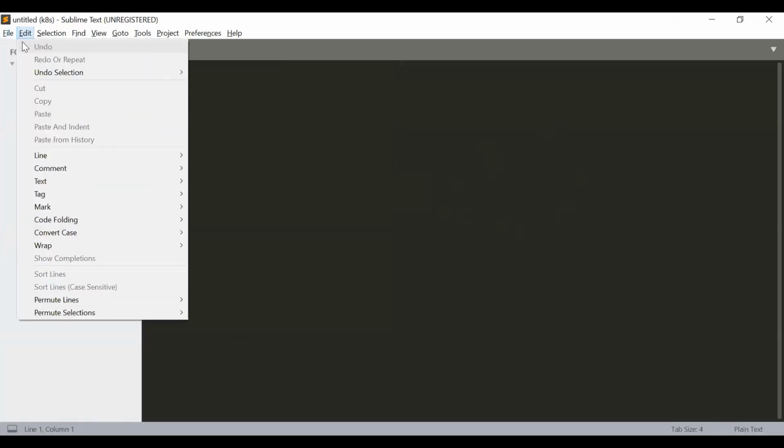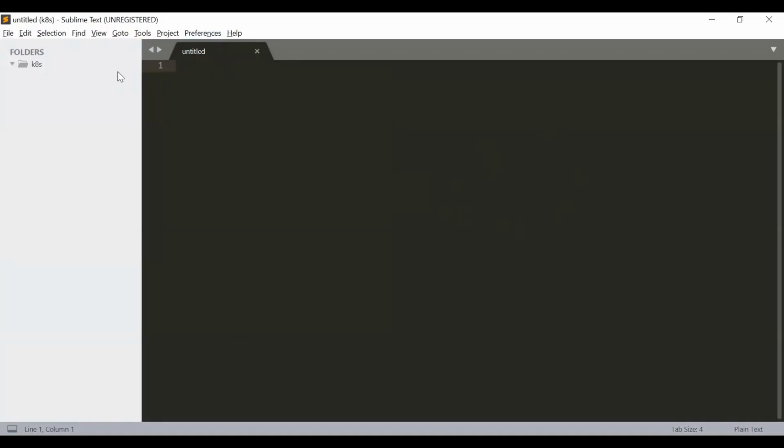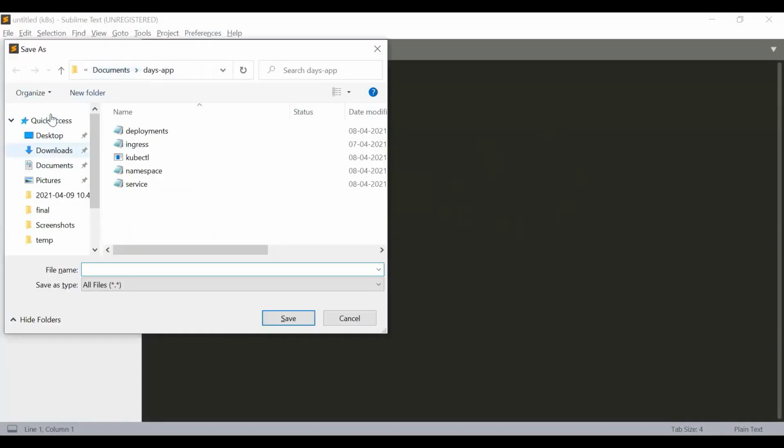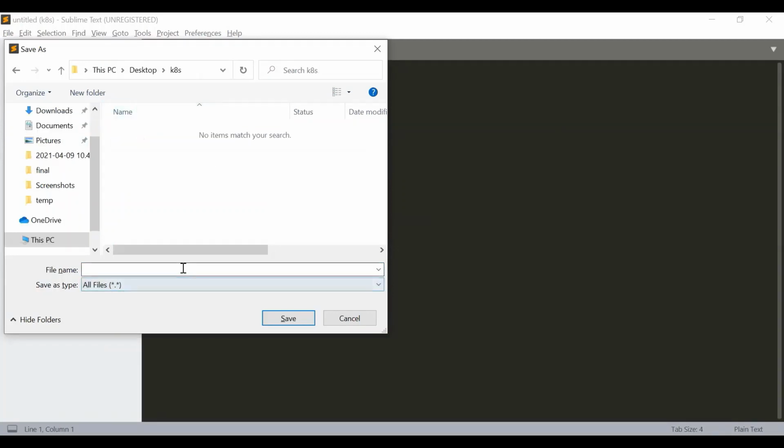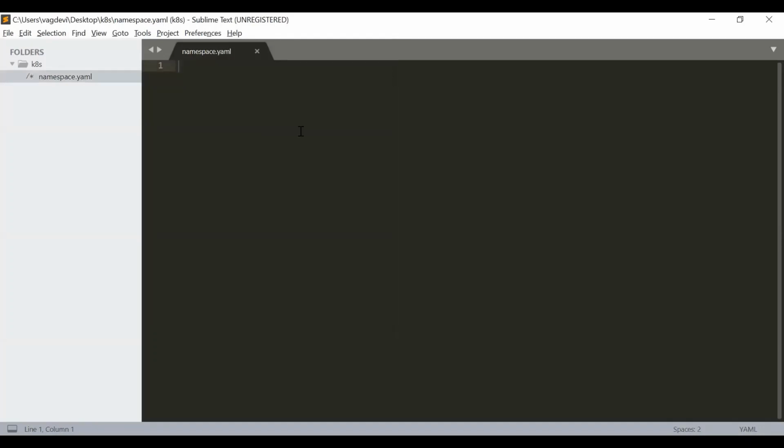So I'm going to create a new file, save it using Control and S in K8s, and I'm going to create the namespace resource first. So I'm writing namespace.yaml, and I'm going to paste that code which we have discussed previously. So this namespace has these attributes: API version, kind, metadata, and name. So I'm saving it. Next, I'm going to create a new file